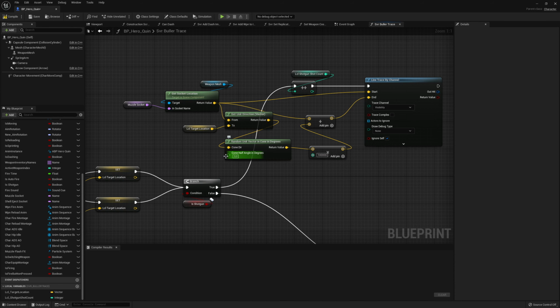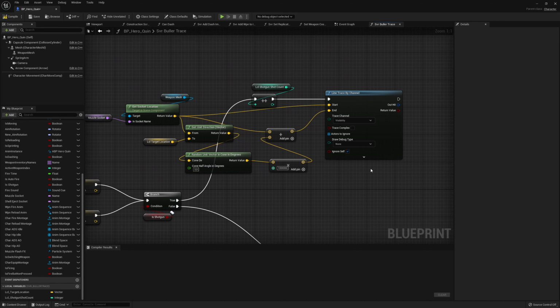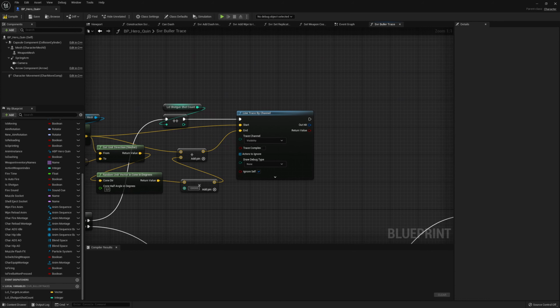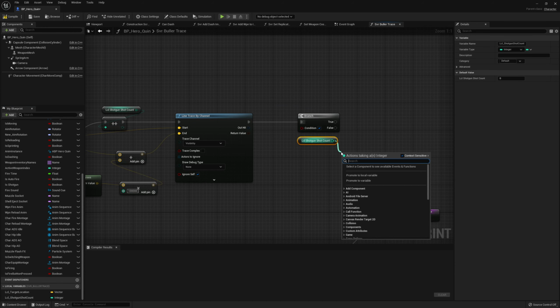So you can make this a variable if you would like, but right now we're just going to use a fixed value. So this is the shotgun line trace, and then all we want to do right here is add a branch to check if our shot count is high enough or not. So I'm going to drag in my shotgun shot count, and I'm going to say if it's smaller than